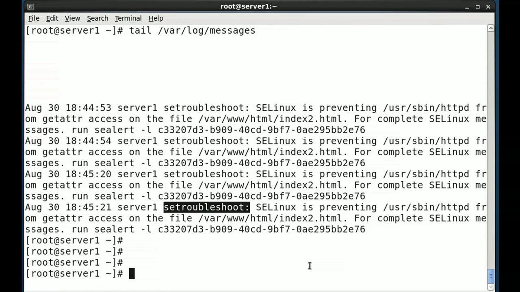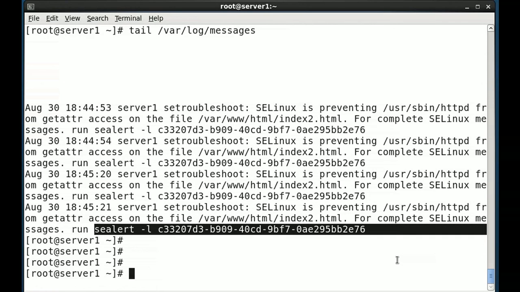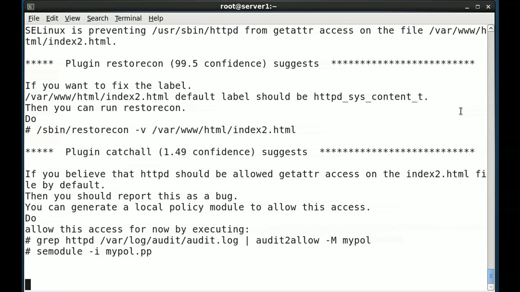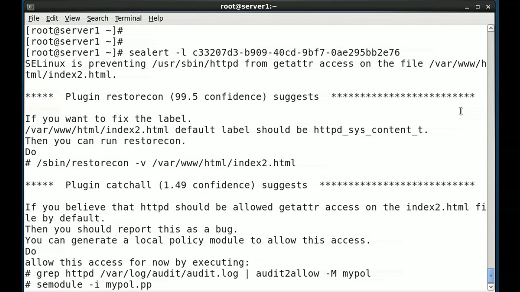It says SELinux is preventing httpd from getting attributes on the file, which includes index2.html. It also tells me that for a more complete message, to run a specific sealert command, listing out the information associated with this specific unique identifier. If I paste this in and let it run, it will look up that particular alert, and then it will also run a couple of plug-in scriptlets in order to evaluate that alert and give some suggestions for fixing it